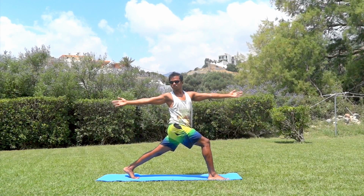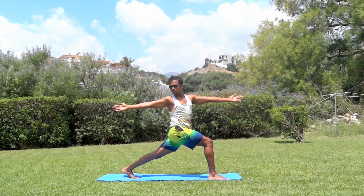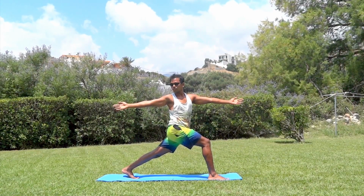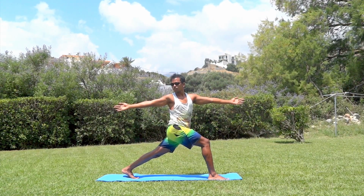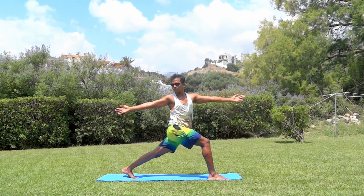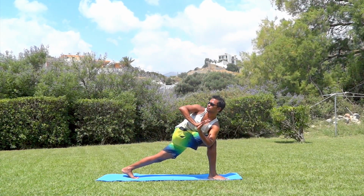And then extending your arms in either direction, reaching forward and backward through your fingertips. Aligning shoulders in one line. Reaching as deep as you can into your lunge. Staying in the posture, as you exhale, bring your palms to your chest and move into a variation of Parivritta Parshvakonasana,